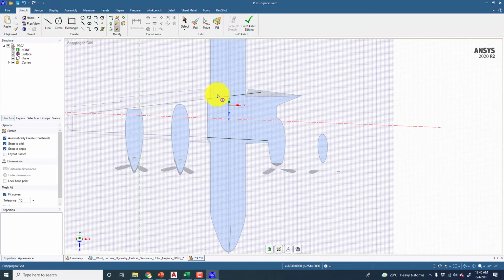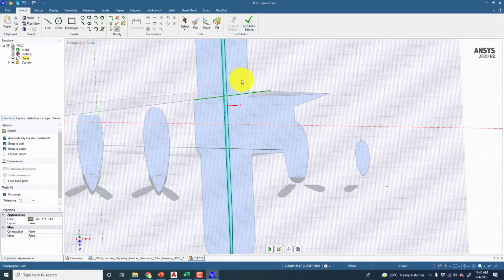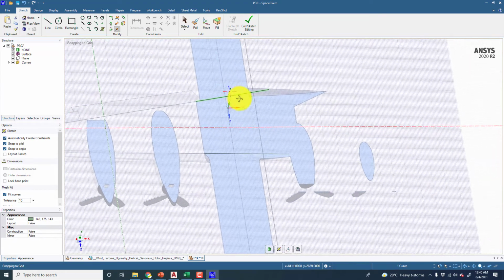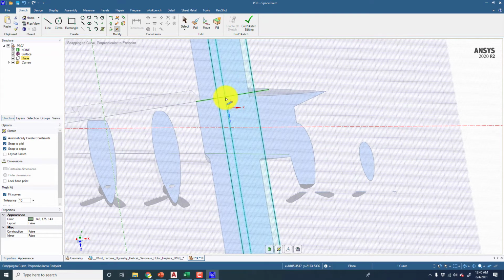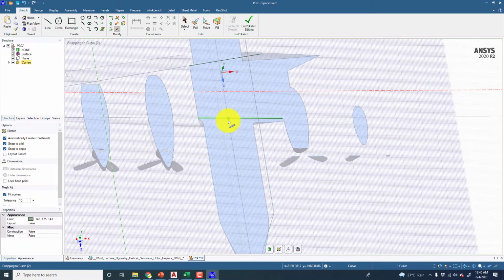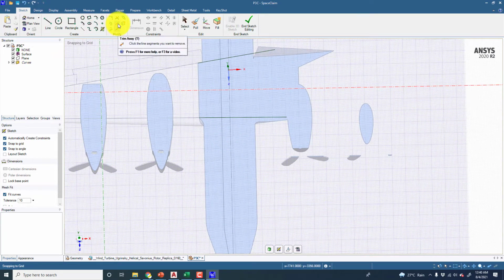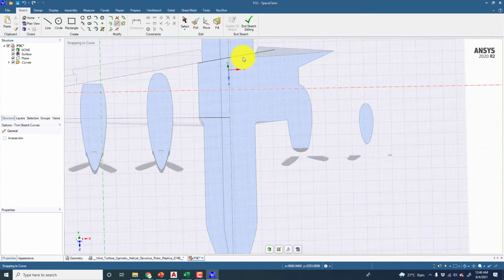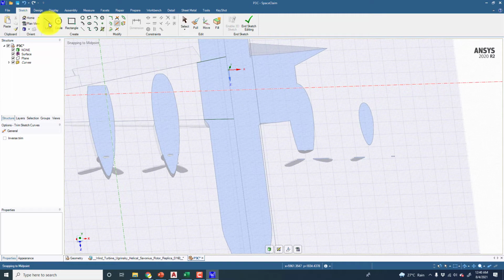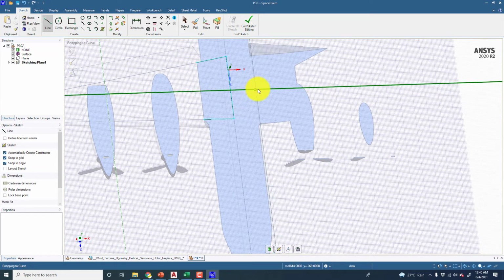Okay, so I will try to trim these ones with the help of this plane here, and similarly this one over here, and I will remove the extra part from the geometry, and we will join these two points with each other.